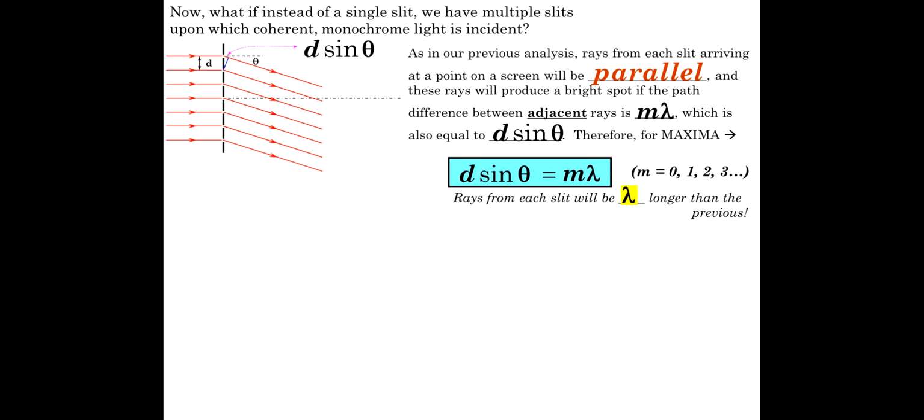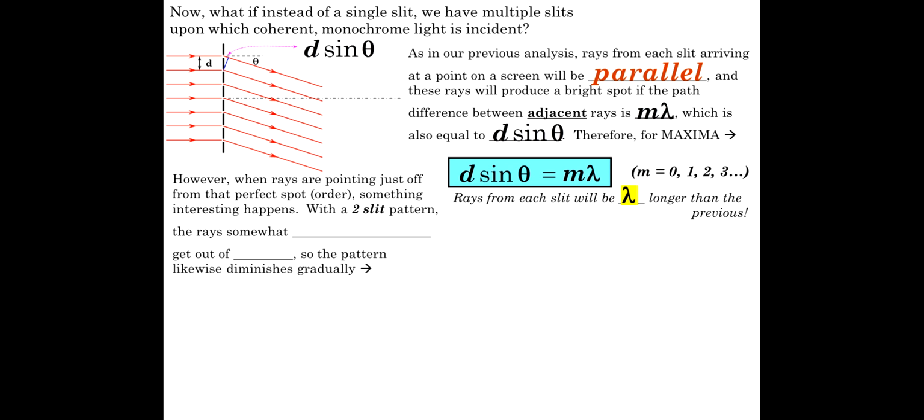Rays from each slit will be lambda, one wavelength, longer than the previous. So from here to here, the path difference is one wavelength. That's all this is saying. Adjacent rays, that's where you'll get maxima occurring. Okay, now,